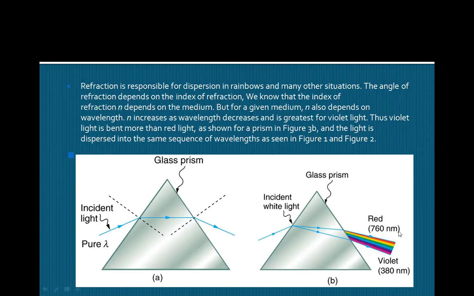And always remember, in many questions related to dispersion, it is asked which color is at the top of the spectrum on the screen and which color is at the bottom of the screen. At the top of the screen, the color is red, and at the bottom of the screen, the color is violet. And you have to remember this spectrum by the word VIBGYOR,